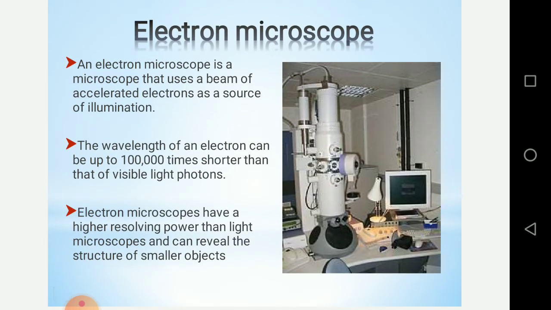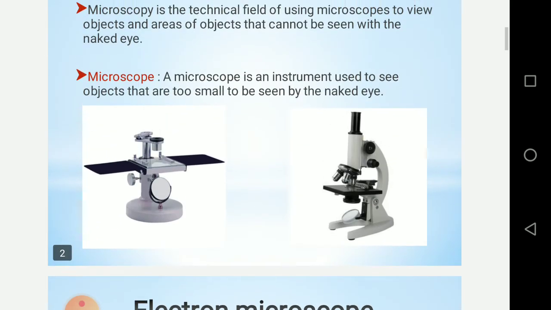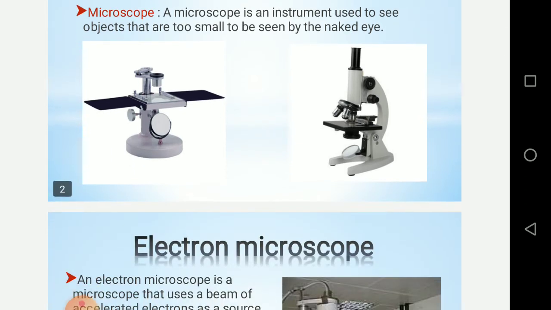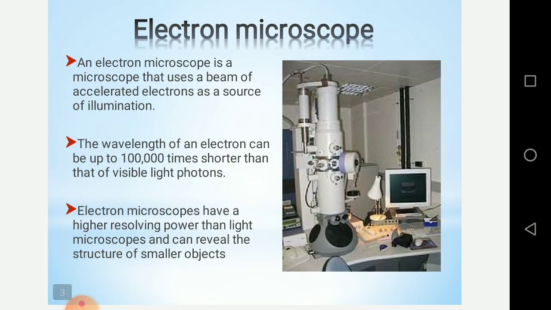Now coming to the electron microscope. These two which I showed you before, the dissection microscope and the compound microscope, work on the principle of light, meaning by scattering of light you observe the cell on the slab. But for the electron microscope we don't use any light. Instead we use electron particles, and electron particles are used instead of light. So we will go through this.